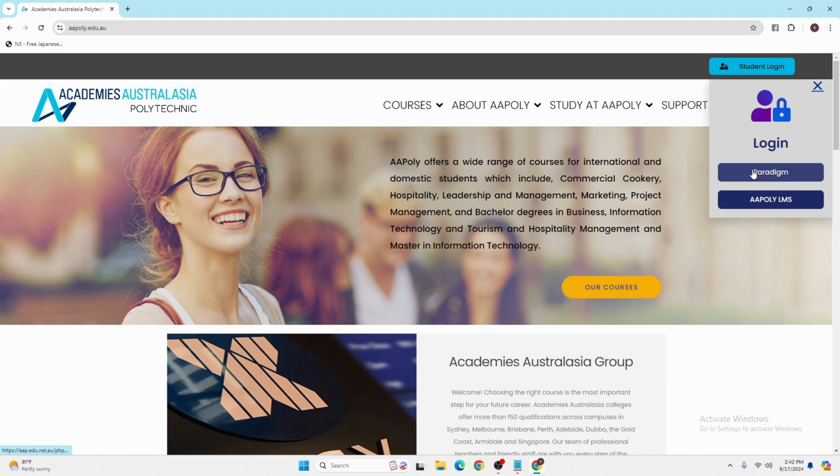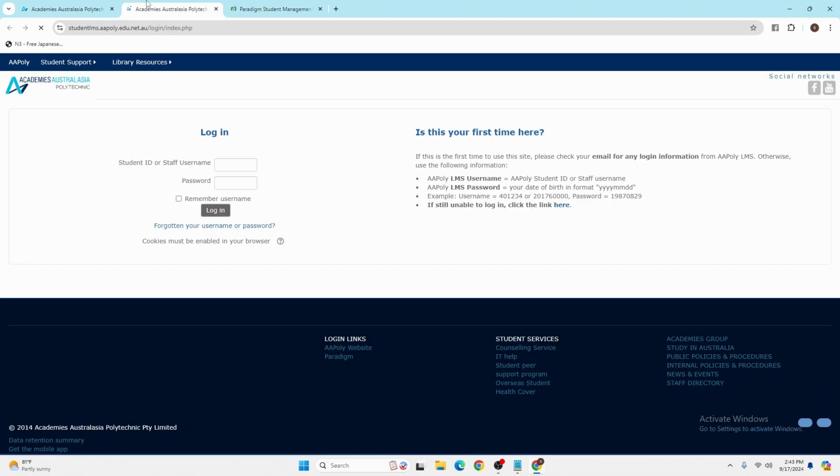Either you want to log into your Paradigm account or your aapoly LMS. So in order to log in, click on the platform which you want to log in, and it will open like this. You can see over here you can log into your account on the Paradigm as well as this aapoly LMS. Now in order to log in, enter your student ID or your staff username, whichever it may be,